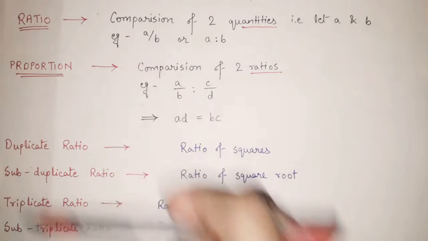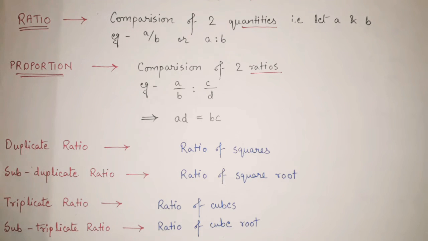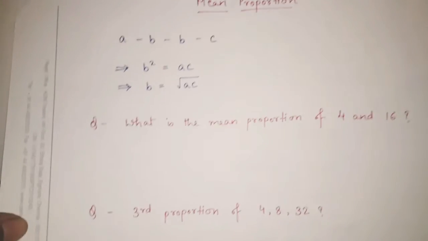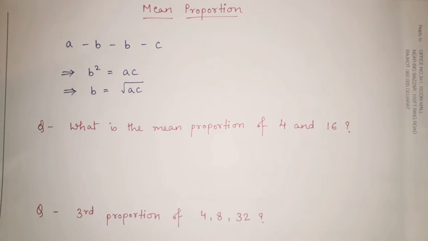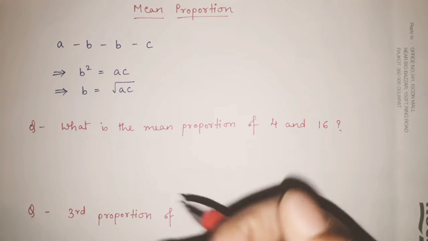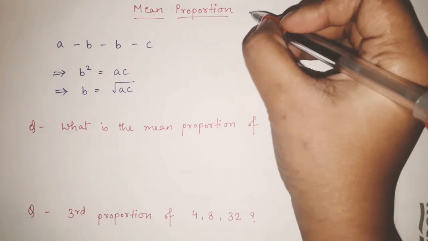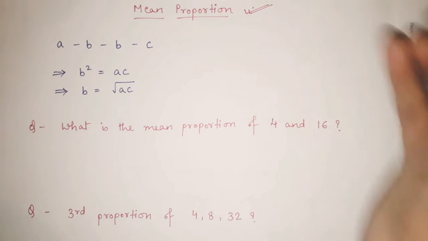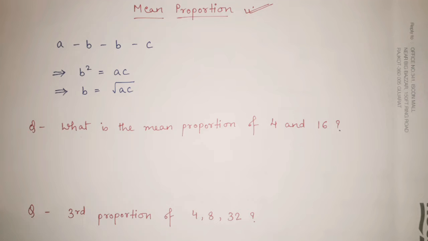Fine. So these were some of the important terms that you should know about. And now, without wasting any time, let's start solving different questions. As and when we solve more and more questions, this topic will become more and more clear to you. Okay. Now, after we have seen some of the terms, here is another very important term, that is mean proportion. Many questions have been asked from this mean proportion.